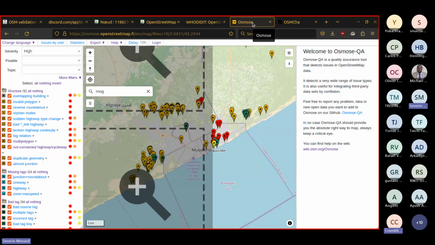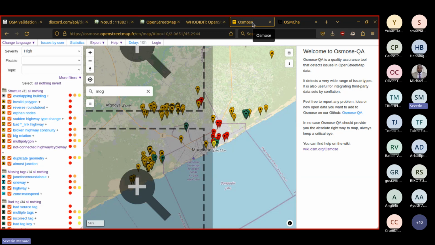Probably the tasking manager is really linked with the mapping time. Okay, and generally this is done where there is much to map. Then you validate through the tasking manager. That is not perfect because you just validate mostly with the editor, and some people even validate with iD.